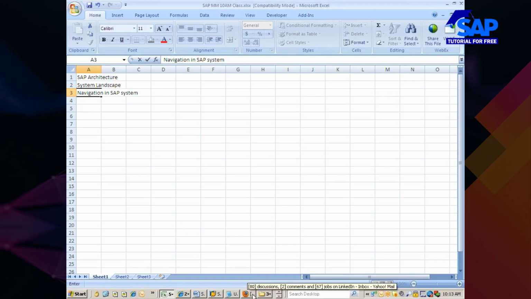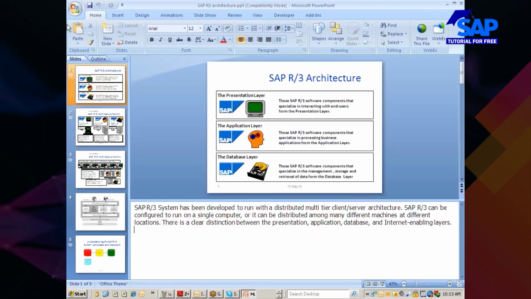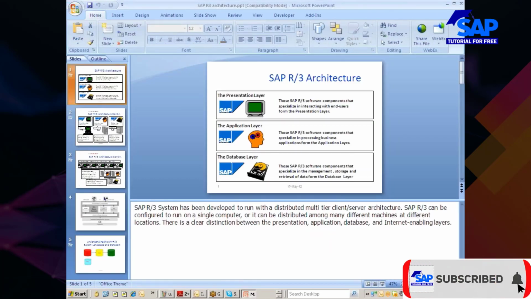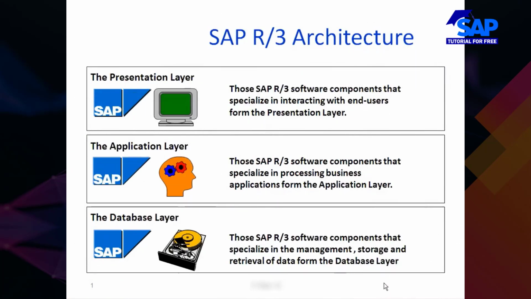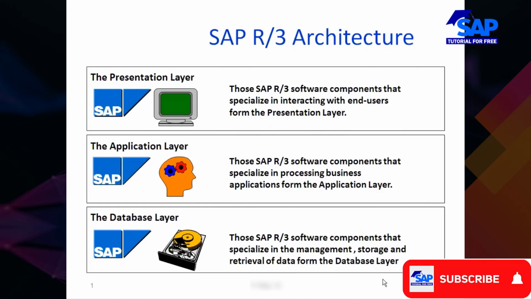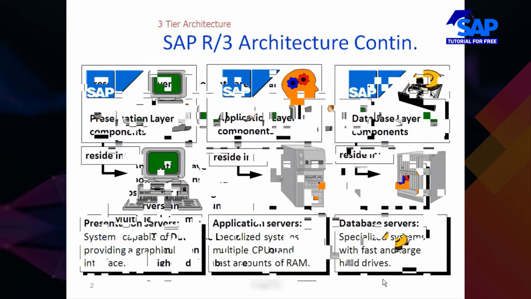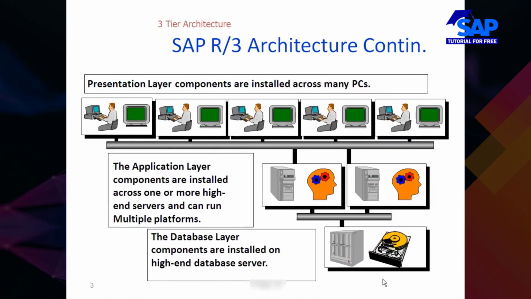Okay, so let's start discussing the architecture that we have seen the other day. As you could see, this is the slide that I shared with you during my yesterday's demo session. Like I said, you have three layers in the architecture. As the name SAP R3 indicates, real-time three-tier architecture. So the three-tier architecture means, as you could see here, this is how the three layers of an SAP system are available.